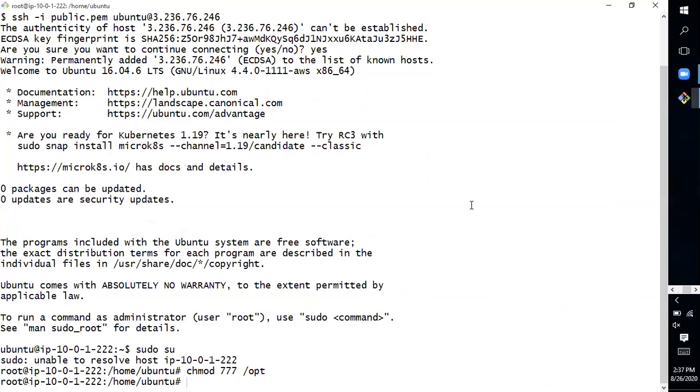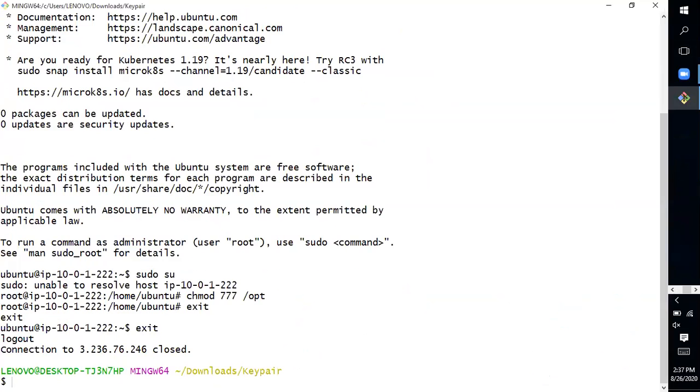Yeah, so I have given the permissions. Now just come back to the local PC because I have my PEM file here in my keypair folder, right? So the command would be scp -i. SCP is basically secure copy. CP is copy, S is secure, because you're actually copying through the network. And you should give, one second guys, let me just write the command, I'll explain. So hope it's right.